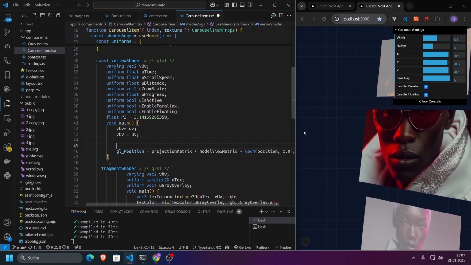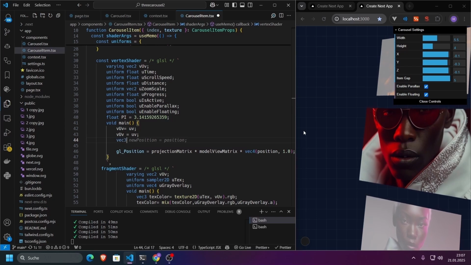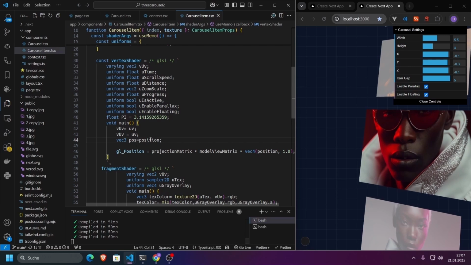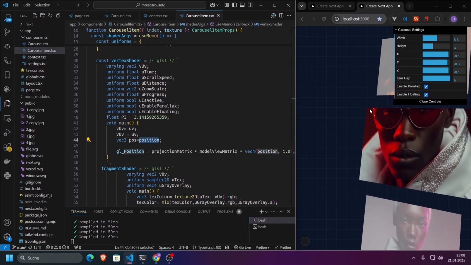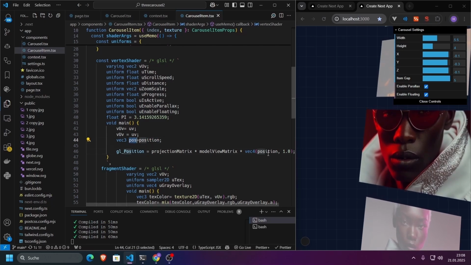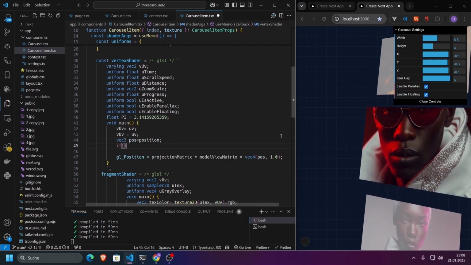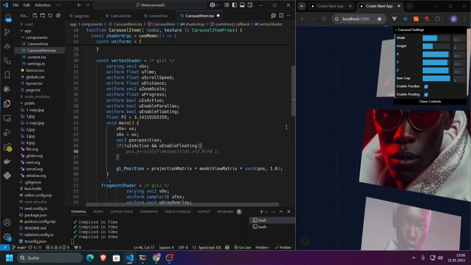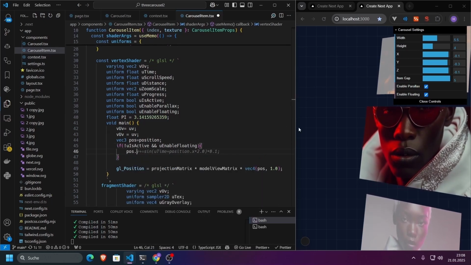Let's make sure that they are floating nicely. How can we do that? That's a big question. First of all, let's specify vec3 pos is equal to position. By default, we have access to the position of every single vertex in our vertex shader, and we simply name it pos, so we don't have to write position. Now, for the case that u is active and u enable floating,